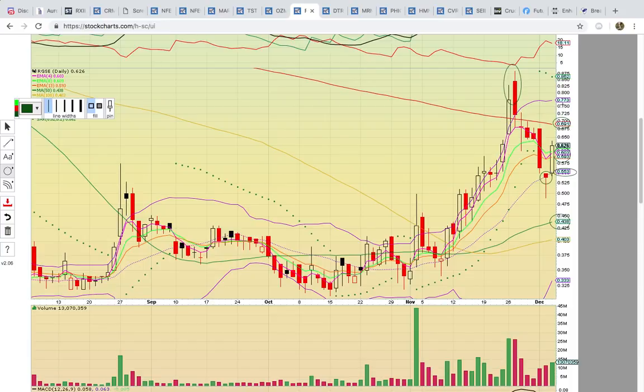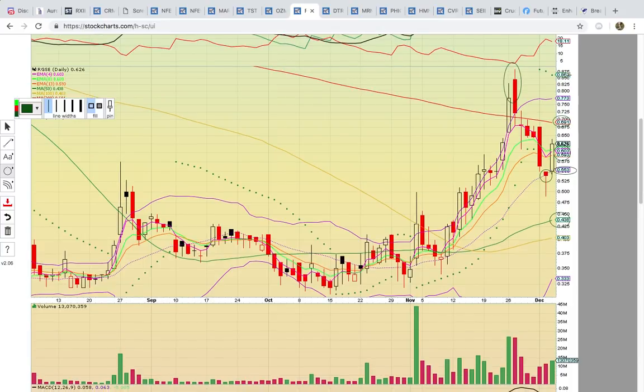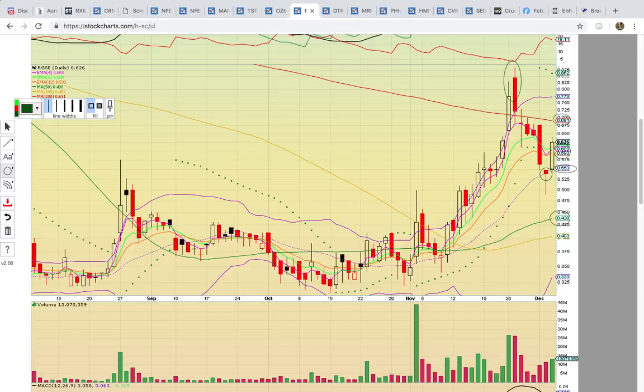If it can close above that level and turn it into support, that should signal more upside potential. Keep in mind, they did just meet today and pass some